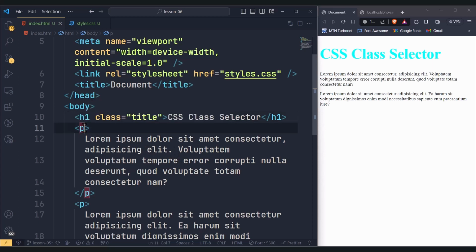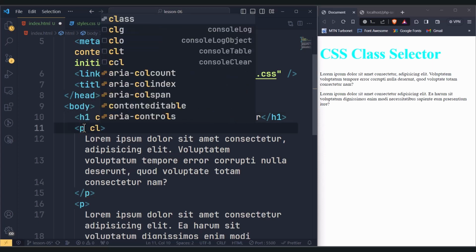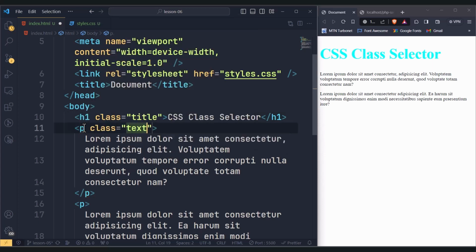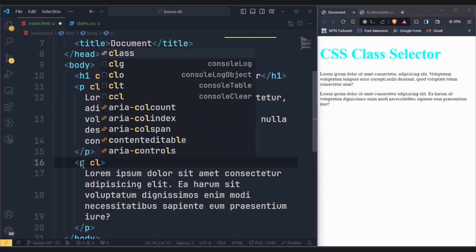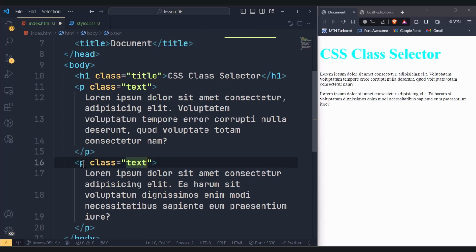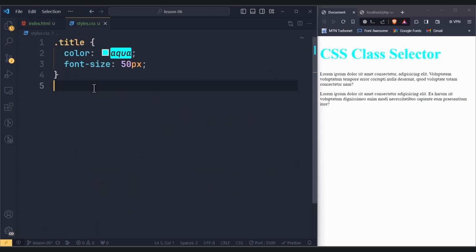So I'll go ahead and on the paragraph, I'll add the class attribute and provide a value of text. And then on this paragraph, I'll go ahead and then write the same class name. So in CSS, we can give the same class name to different HTML elements, or two or more different HTML elements. So whenever we select the element based on that class name, those styles that we have provided will be